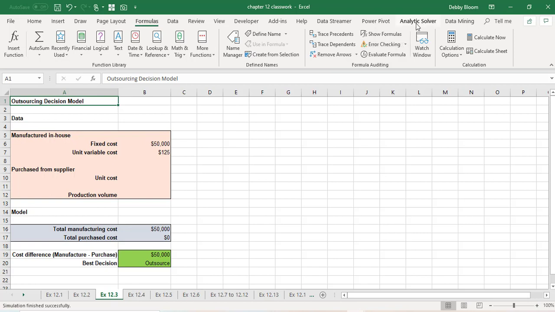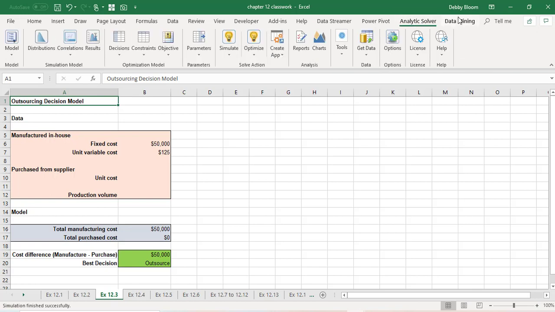These formulas will not work unless you have the Analytic Solver installed. You know you do if you see the Analytic Solver and the Data Mining tabs. In order to have it installed, you must purchase the software for $25 and follow the instructions to install it in Excel. So what I'm going to do is click in cell B12 and